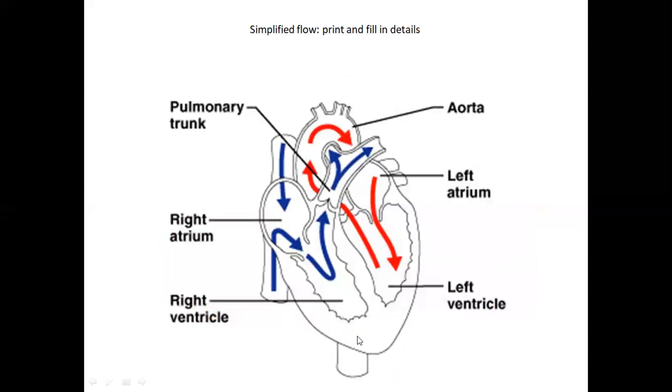See, this is the flow. This one is the inferior vena cava, this is the superior vena cava. The blue arrows are the deoxygenated blood. From here it is moving to the right atrium. From here also it is coming to the right atrium, then the right ventricle, then to the lungs, then from the left atrium to the left ventricle, and from here it is moving to the aorta, which is the largest artery, and it supplies the whole of the body.